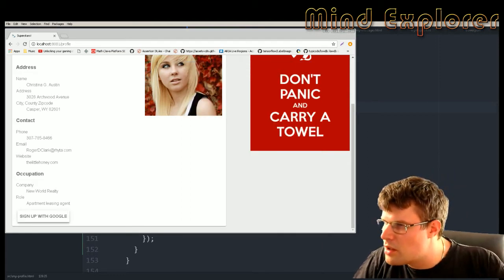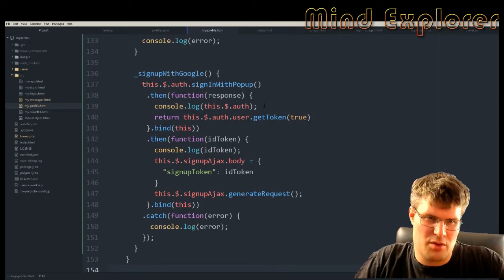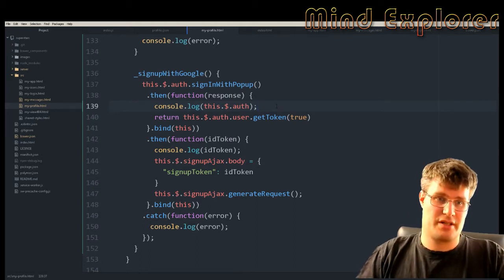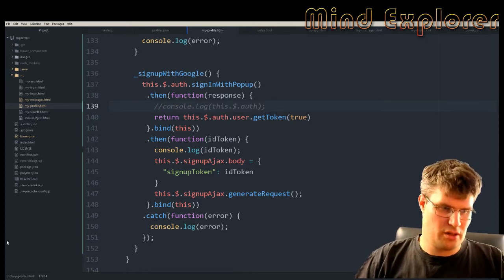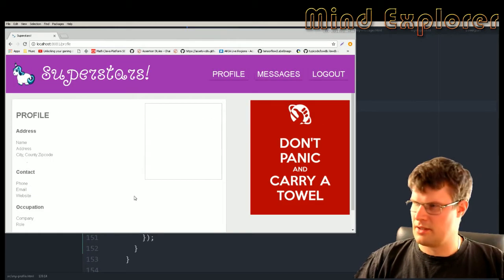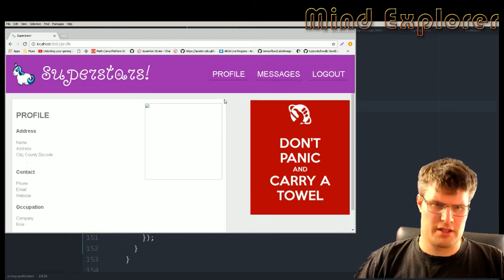So, okay. Now we actually got the value back for some reason. Very strange. Why did it suddenly work? That's just not logical. Let's log out